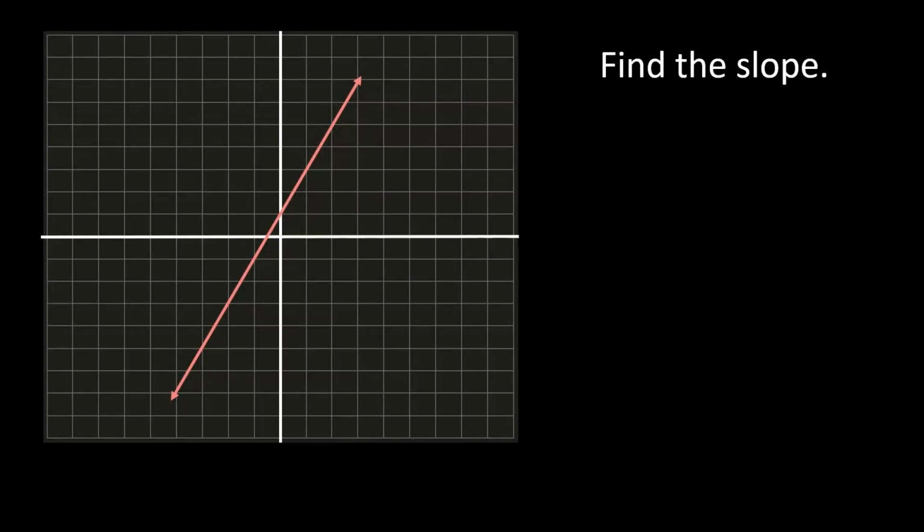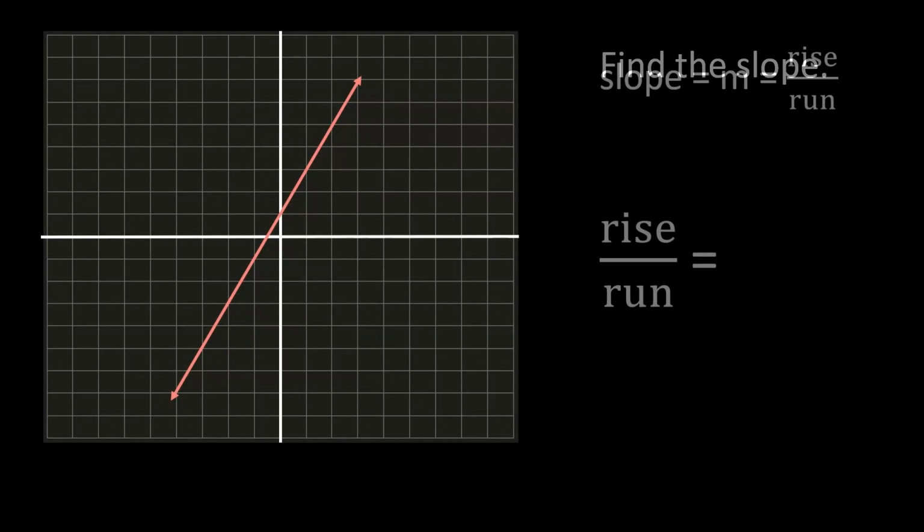In this example, we're going to be finding the slope, and I'm going to be using rise over run to calculate my slope, which means I'm going to need to identify 2 points that I can use so that I can calculate the rise and the run. Some things to think about when you're choosing points is we want to choose points that are on a grid line, a place where the grid lines intersect. So I'm going to choose this point here, and then here's another one where my line passes through the intersection